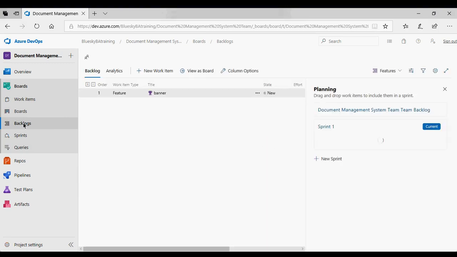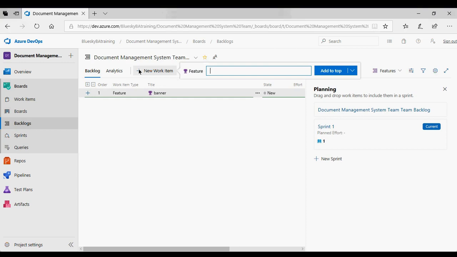But it depends on the project that you're actually working on. Not all projects use Azure DevOps or Jira. It all depends on the organization that you are working for. So if you want to create your features again, you create them, and